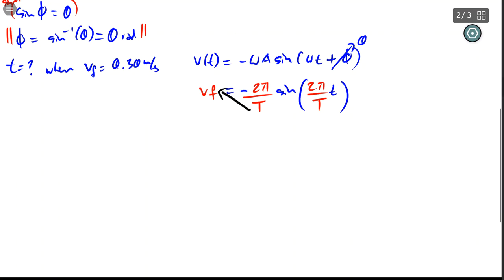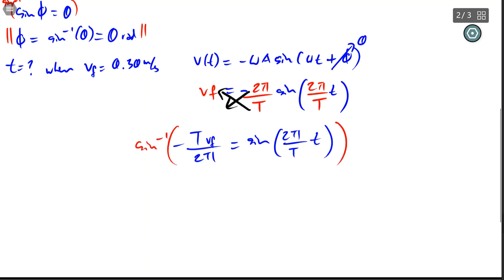I'll have to cross multiply here. We're actually going to get a minus t vf over 2 pi, and then we're going to have to do inverse sine of that entire thing, and that gives us